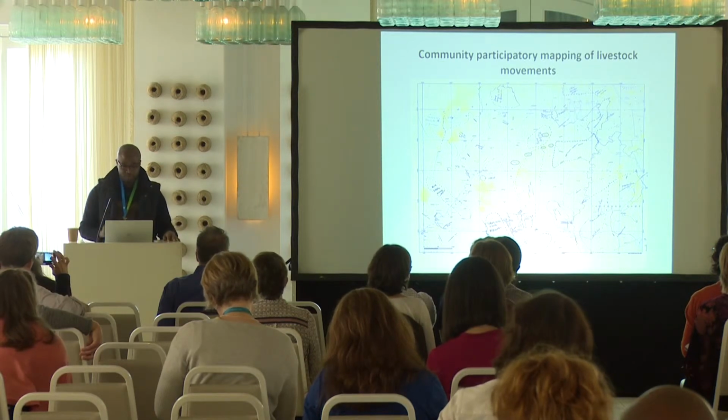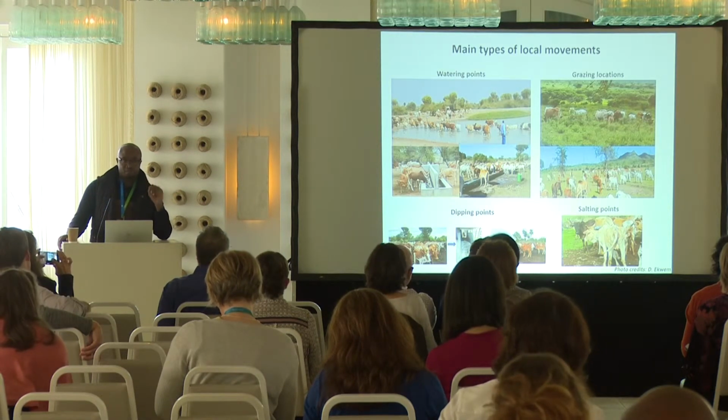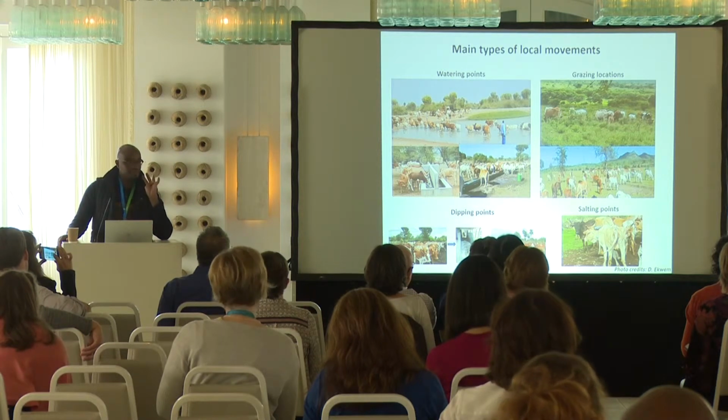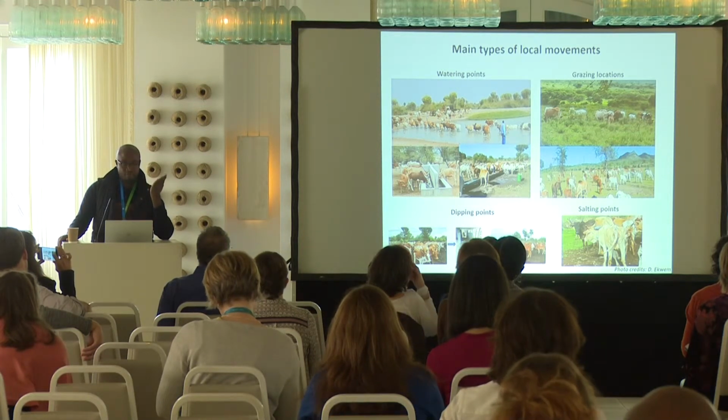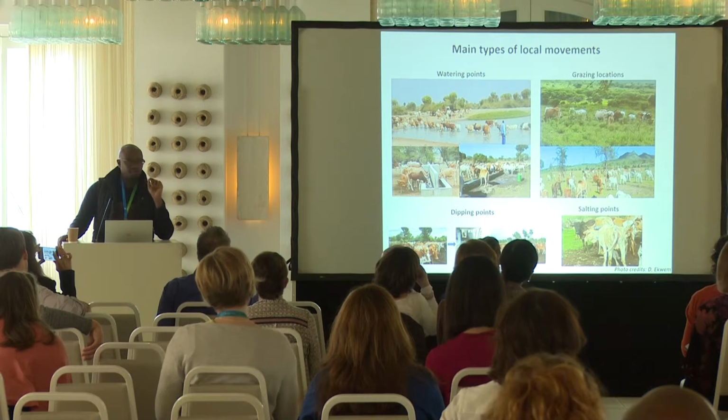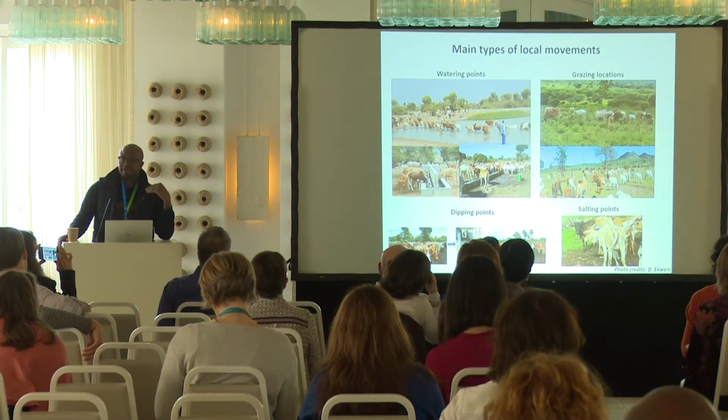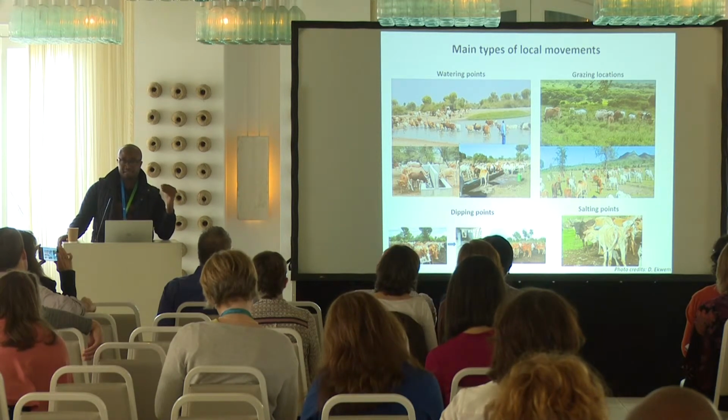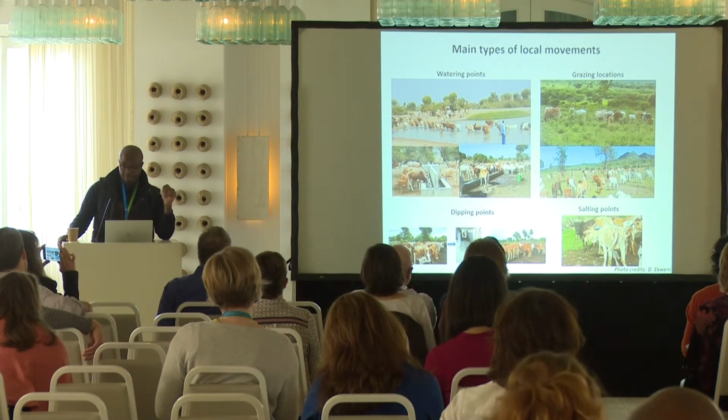But before I go into the network, I will just summarize what local movement looks like in East Africa. There are 4 categories. You have the watering points and the grazing areas. These involve the daily movements and very high frequency of direct contact, indirect contact, and overlaps. However, the dipping points are